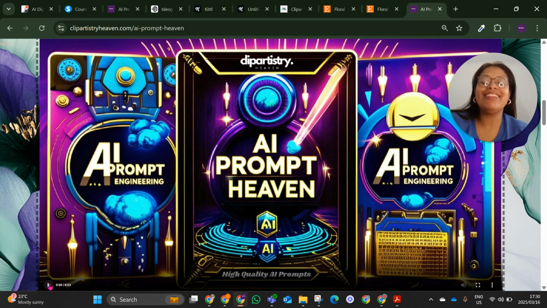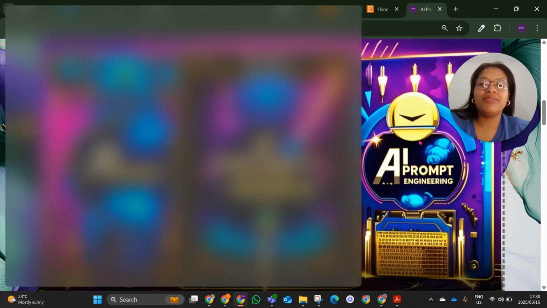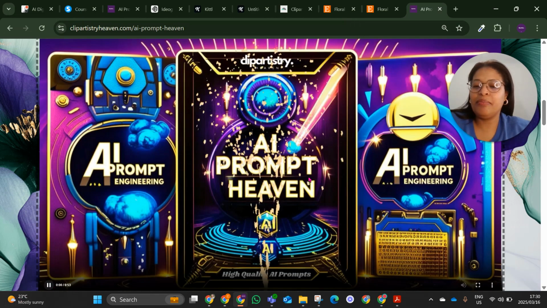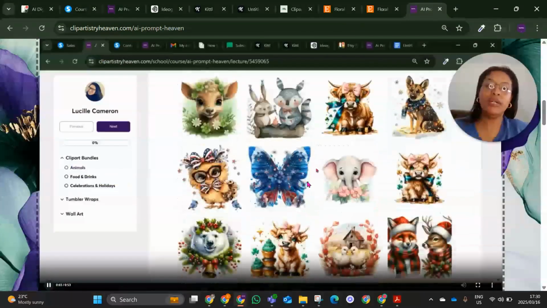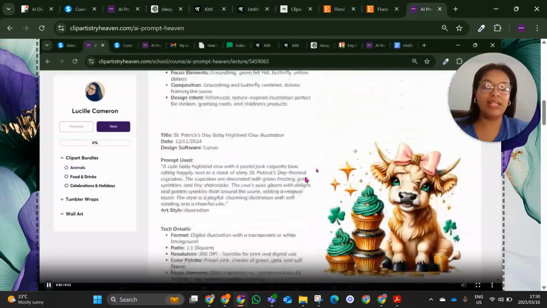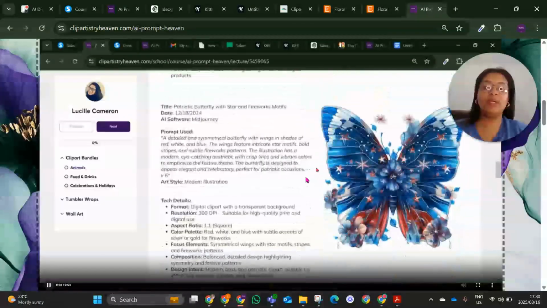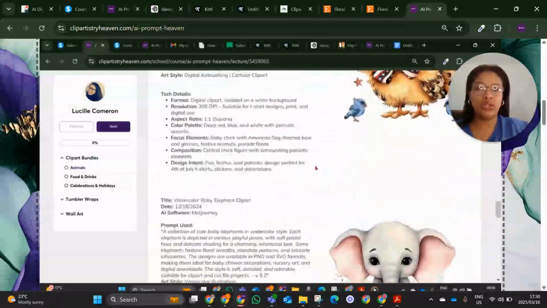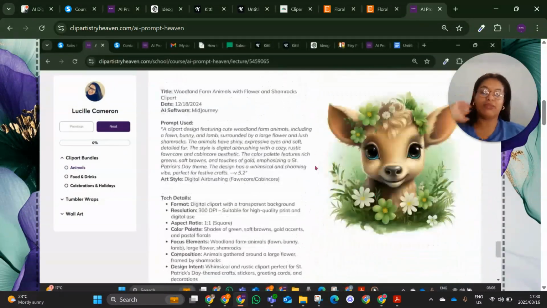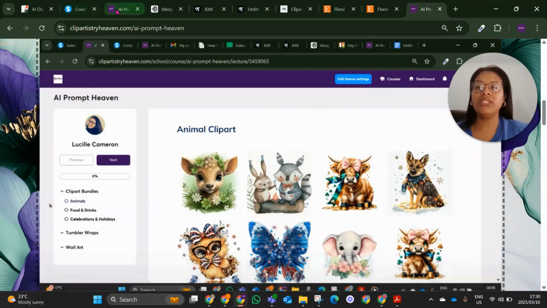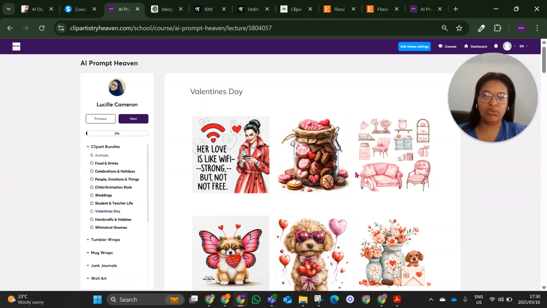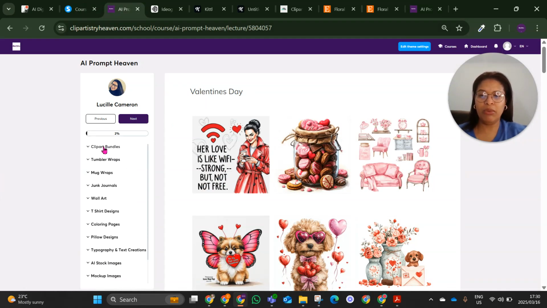digital products in general. It's a way to basically copy prompts that are working, that are bringing me daily sales on Etsy. It can be copied, tweaked, and then sold on Etsy for a passive or recurring income. So once you sign up, once you log in, it takes you to the landing page. You'll get the main modules